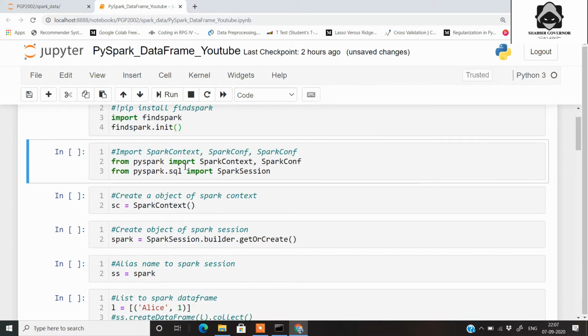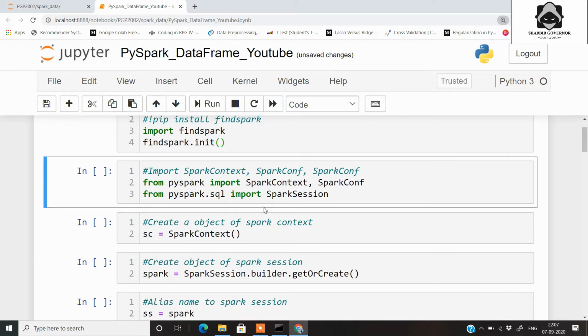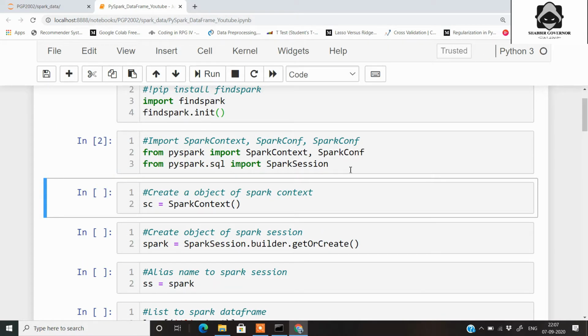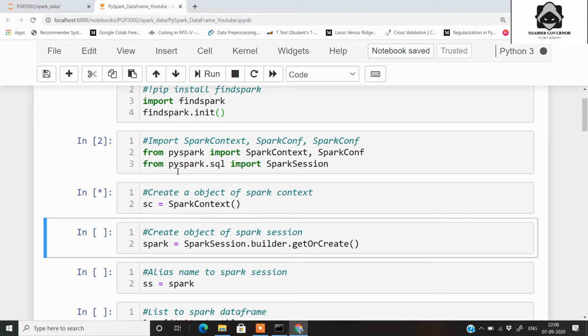Next, from pyspark, we want the SparkContext, we want the SparkConf, and we want the SparkSession. The Spark context is already created when you launch PySpark from your command prompt, but in this case we will be creating the context ourselves. You should note that the context can only be created once. So if you run the cell once and then try to rerun it, it won't work. Let's import them. Now the next part is to create a Spark context in our Jupyter notebook. I am loading it into this variable called sc. This may take a little while.